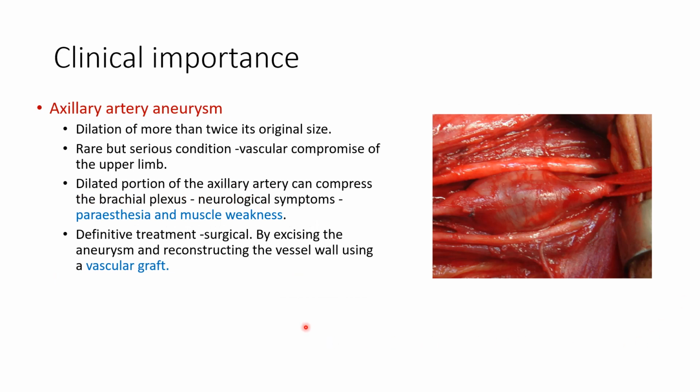Coming to the axillary artery aneurysm, it is dilatation of the axillary artery to twice its original size. It is a rare but serious condition because it can cause vascular compromise of the upper limb. The dilated portion of the axillary artery can compress the brachial plexus, resulting in neurological symptoms of paresthesia and muscle weakness. In this picture, you can see the dilated axillary artery and the adjacent nerves on which it can show